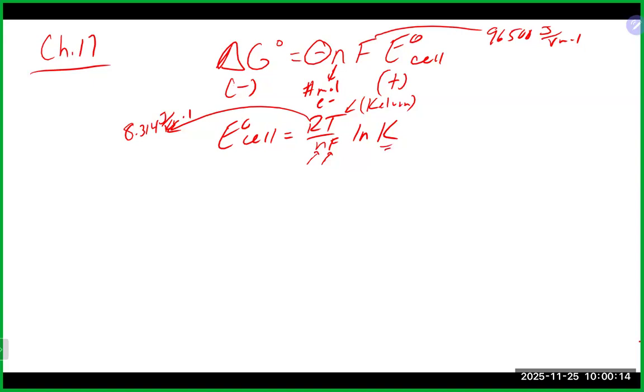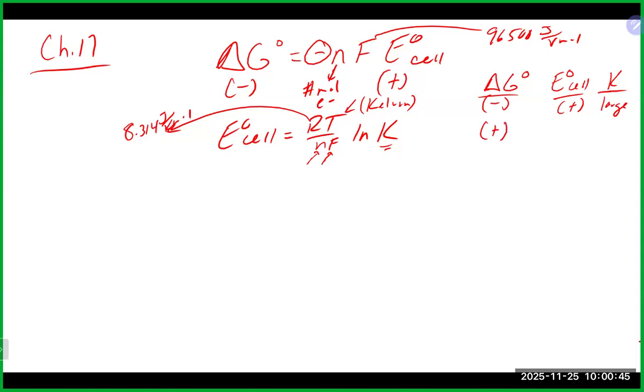So all three of these values, as we saw in some of those examples, do agree with each other. If you have a delta G that is negative, that should give you an E of the cell that is positive. And because it's a spontaneous reaction, we have forward movement towards the product side. That should give you a larger value of K. The opposite is true if we had